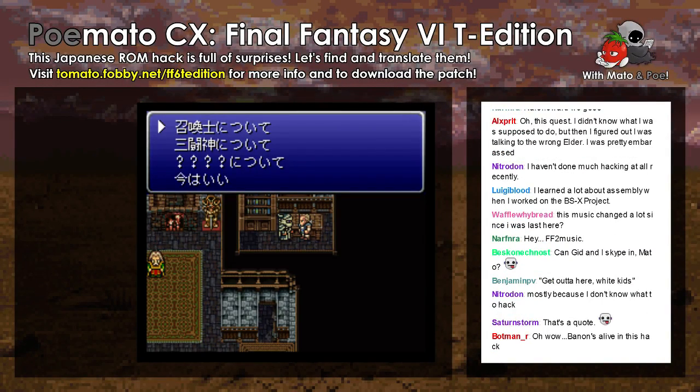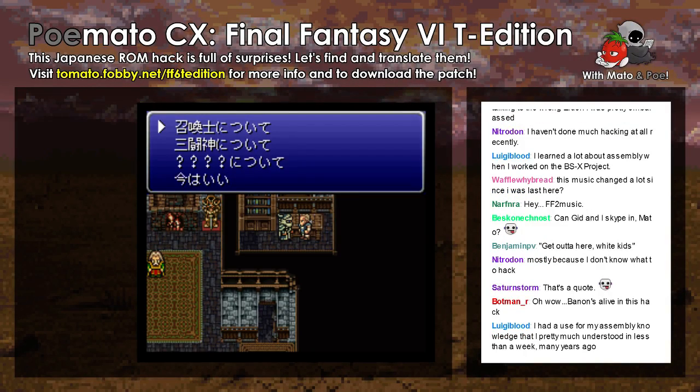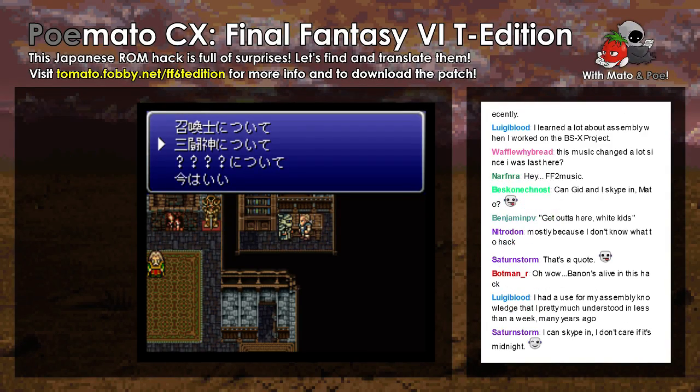So, the music has changed. I think this version of the hack, 1.59, has some new music. And I think this version of the hack also fixes a lot of the music issues that we've had earlier in the playthroughs. If you guys remember, it was all beep boopy sometimes. But we haven't had that at all, so...